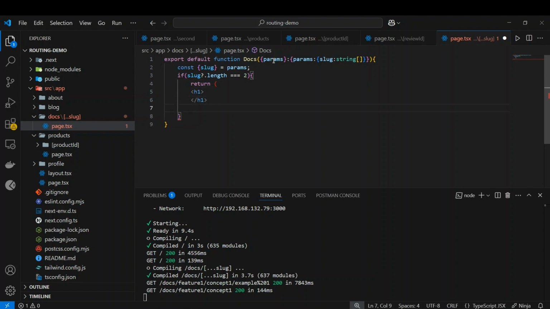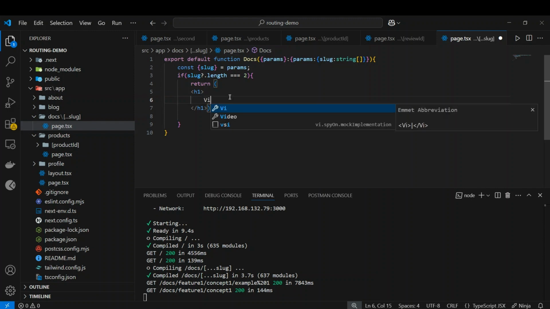We can pass the bracket to it, and inside that we can type "viewing docs for feature 1". So we can type viewing docs for feature, and we can pass the slug